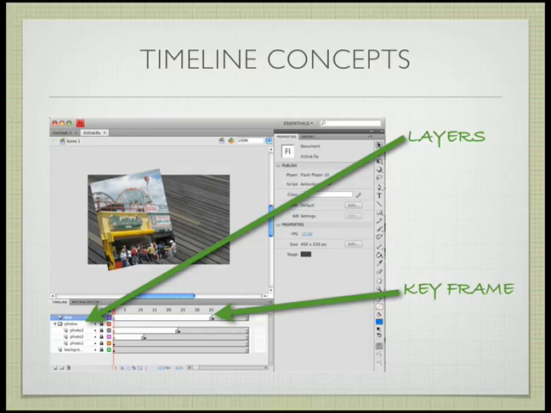The timeline is a very important and interesting tool. Let's talk first about layers that occur in the timeline. Layers overlap each other in the order in which they appear in the timeline. The top layer overlaps the bottom layers. So you can think about a layer as an invisible container. It's an invisible container with no thickness that you can stack a number of them on top of each other